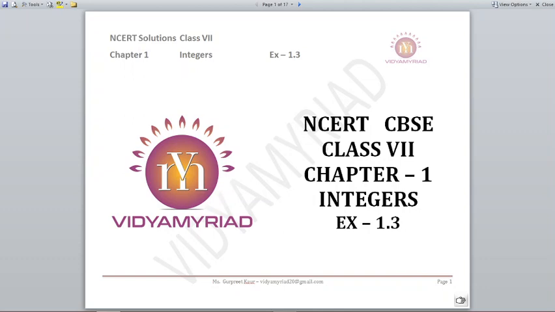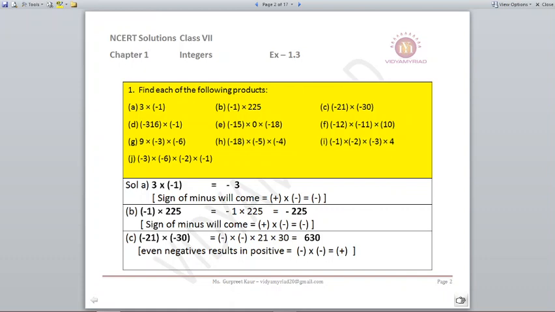I am back with integers for class 7 and today we are going to do exercise 1.3. So let us begin with question number 1. Now if you see in this question there are so many parts and here we need to be very careful with the minus sign. Somewhere there is one minus sign, somewhere there are two minus signs, somewhere three. So based on that we will be doing each question taking care of the minus, and minus, I have told you earlier also, is danger, you have to be careful in that.